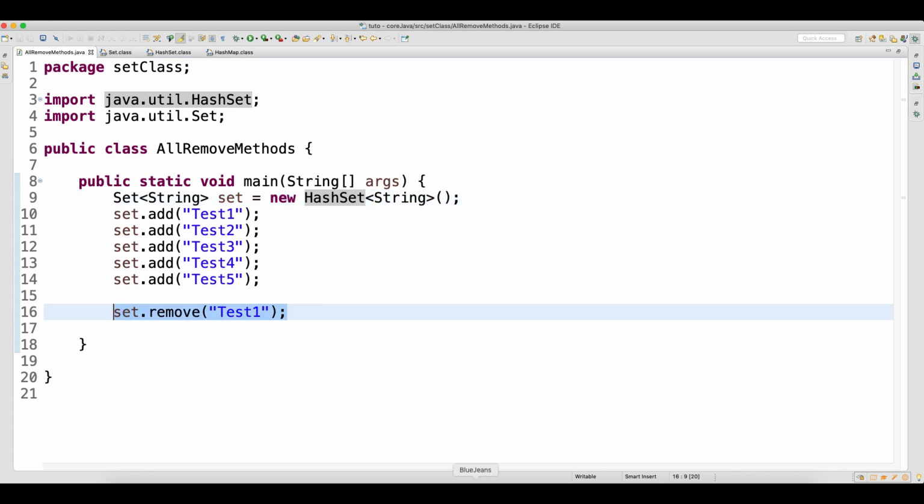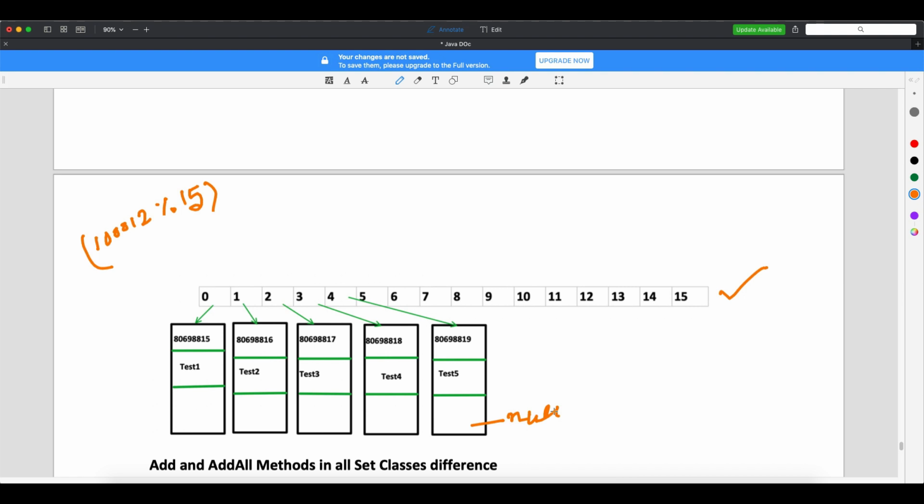For the hash, let's say you got a big hash number. For test1, you will get the same hash code, 80698815. So the program will do modulus of 15 and get index equal to 0. When you get index equal to 0, you know what happens in the memory? It will go to the 0 index in the bucket, and 0 is pointing to one node. So 0 dot next, if you technically ask me,